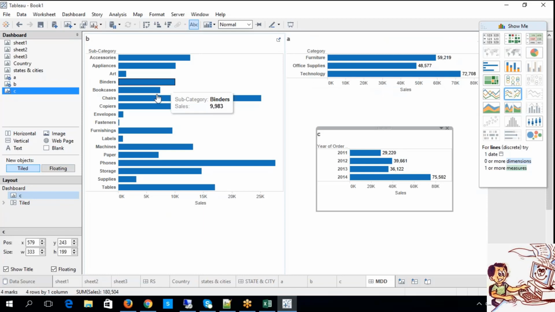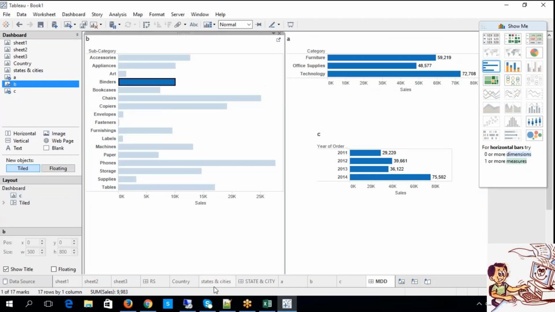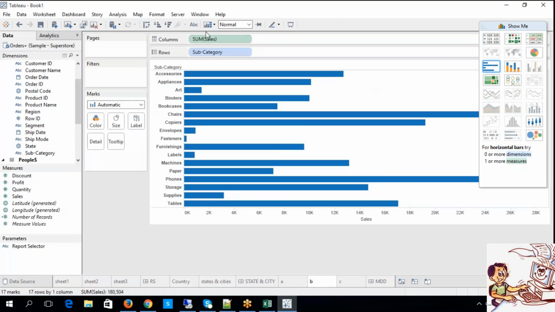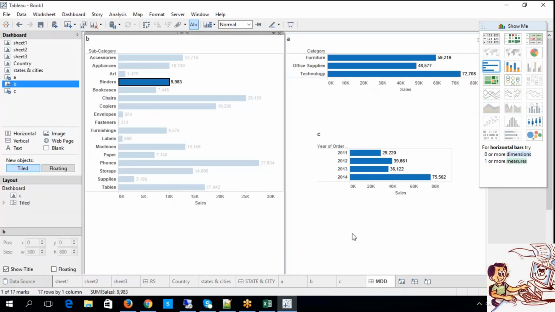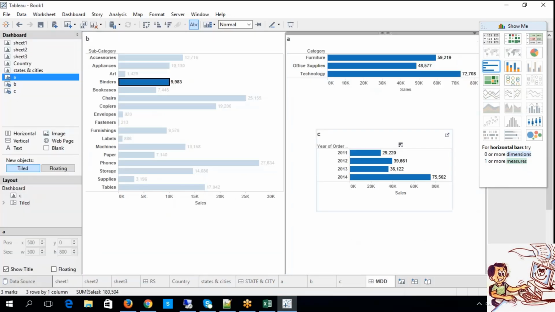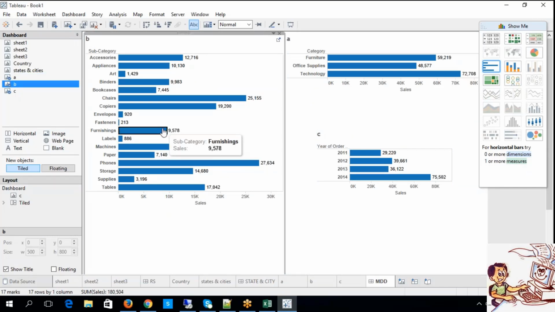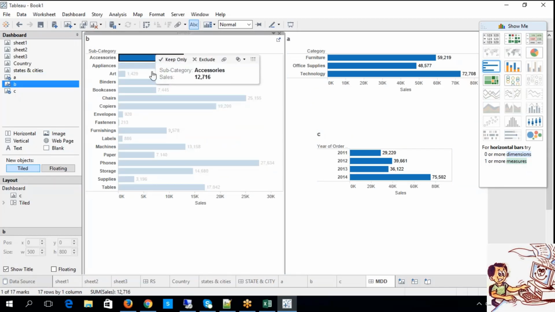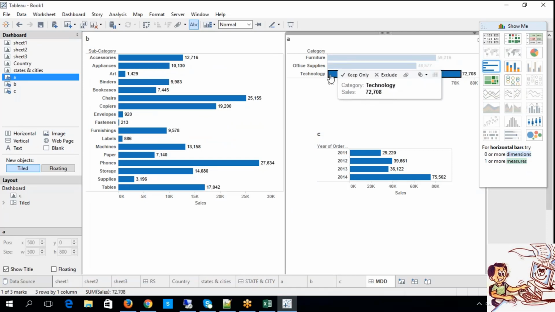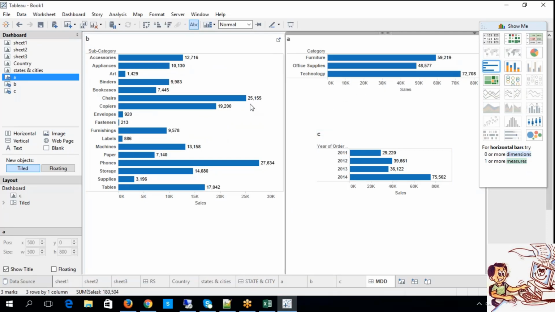Sheet B is not showing the values, right? So show the values. Now, what am I trying to do? Each and every functionality is working fine as per the nature of the data. But where is the relativity, where is the connectivity between the A, B, C sheets? Isn't it, guys? We should have a connectivity.